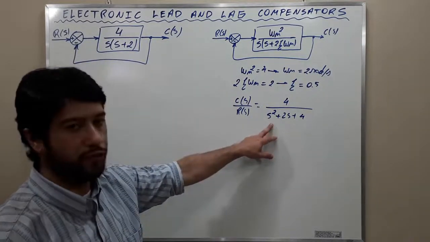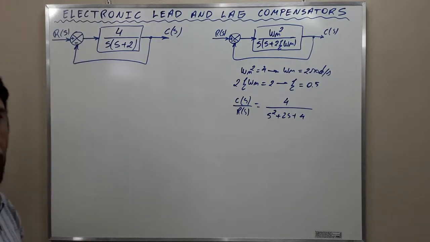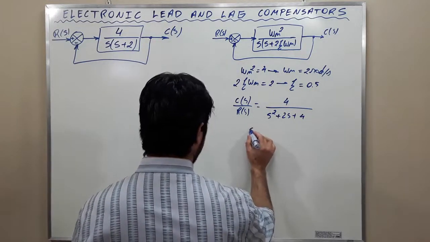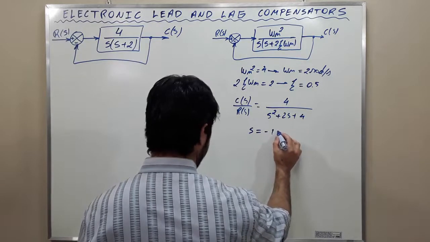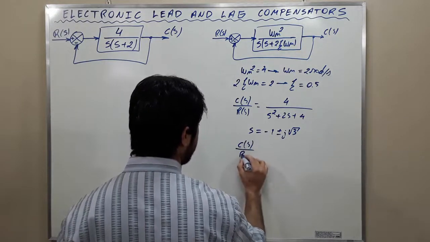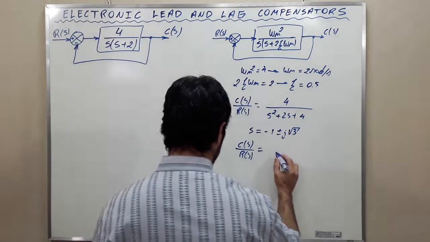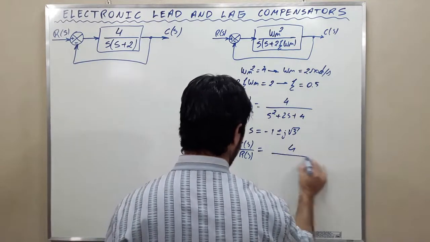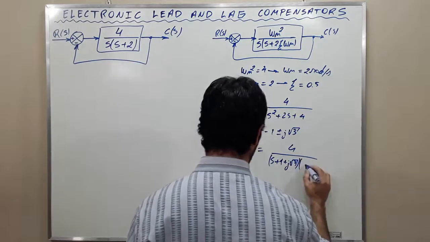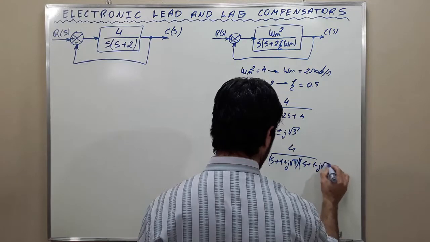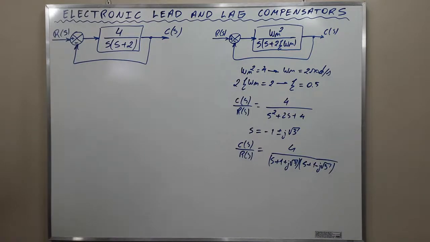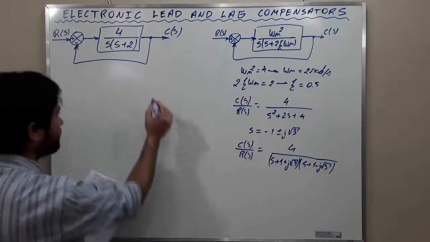And if we solve this for s, we get the closed loop poles of the uncompensated system, which are -1 plus or minus j square root of 3. Then the transfer function is of the sort 4 over (s + 1 + j√3)(s + 1 - j√3). Okay, this is the uncompensated system, and the root locus plot of the system is going to be, we have